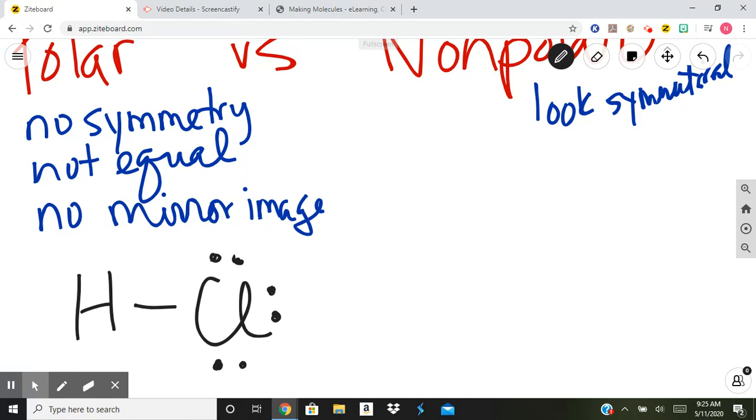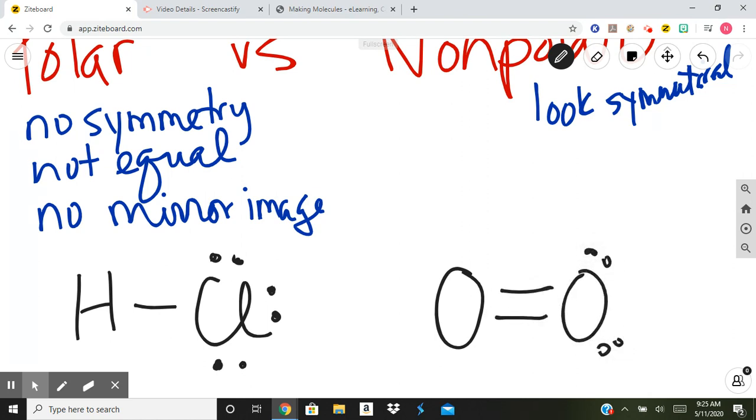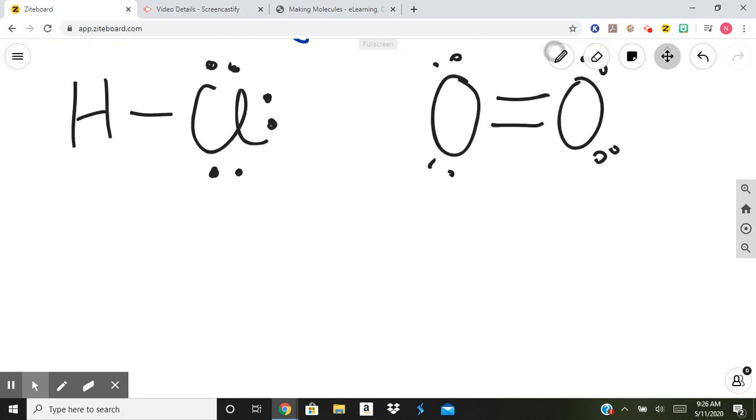An example of nonpolar would be oxygen. All right, so oxygen is double bonded to itself. There's 4 unshared pairs. It's even. Each has 2 unshared pairs, and there's a double bond. It's symmetrical. It's even. It's a mirror image. So that's nonpolar. Okay, I'm going to draw one, and I want you to tell me if it's polar or